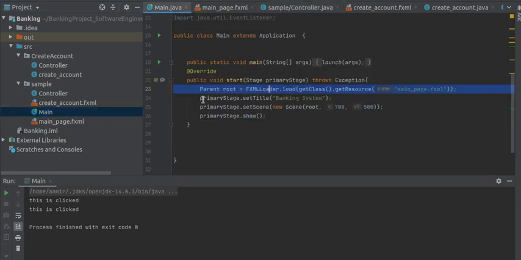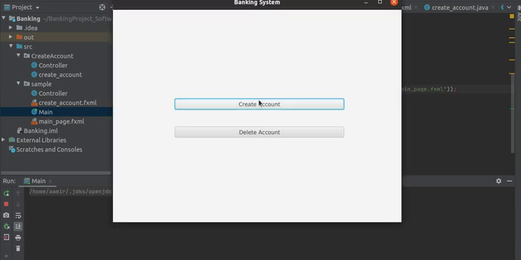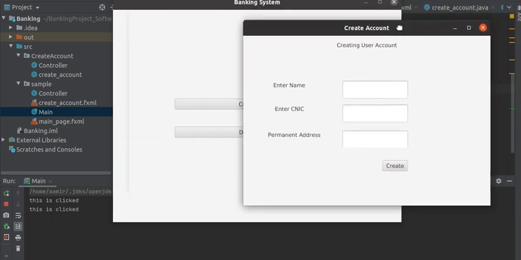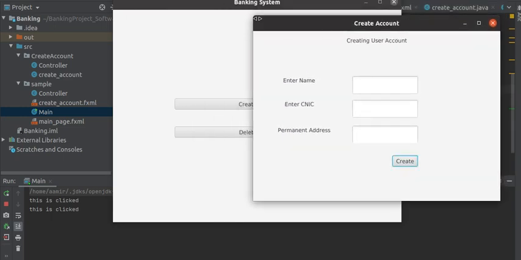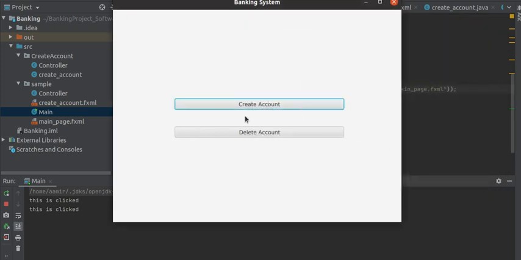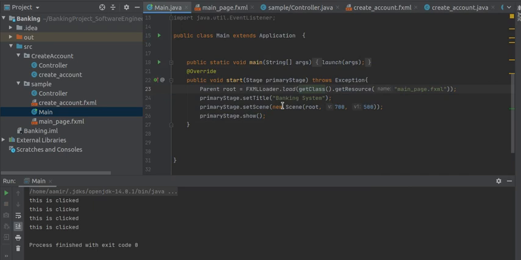So in my case this is my simple program of main. If I run this, as you can see here, these are my two buttons. If I click on this delete button, the new window should be displayed in this current window. As I made a video on this in the previous video, if I click create account, now this new scene is loaded. This is a separate scene. Instead of making a separate scene, I want to load the new scene into the current window by clicking this delete button. So let's do this in two simple steps.